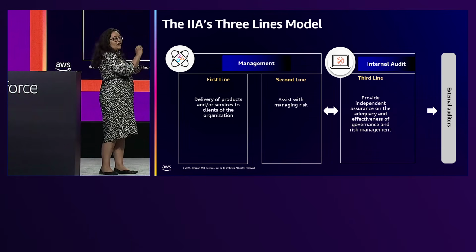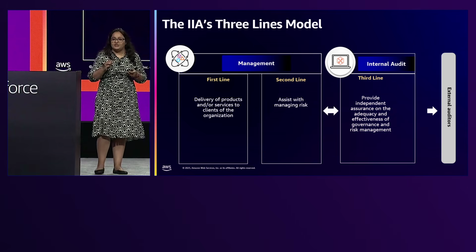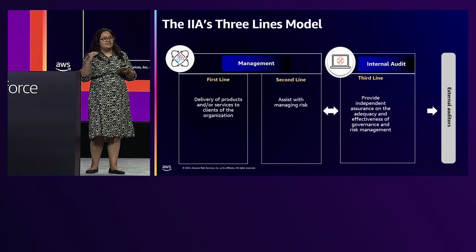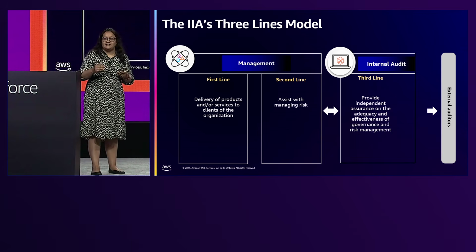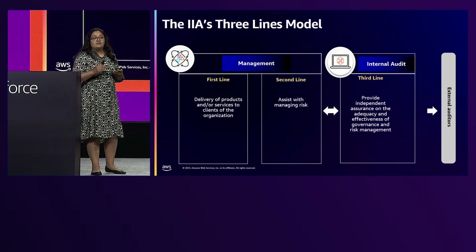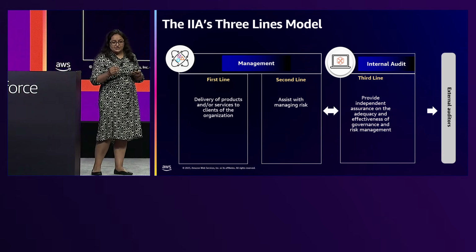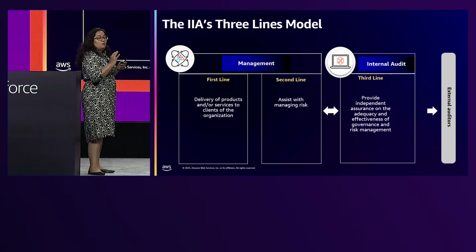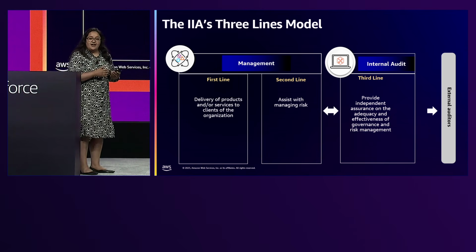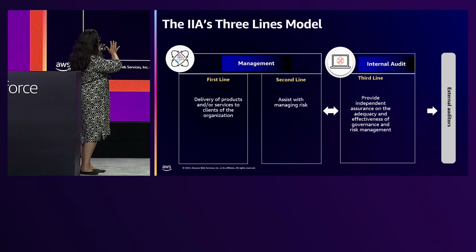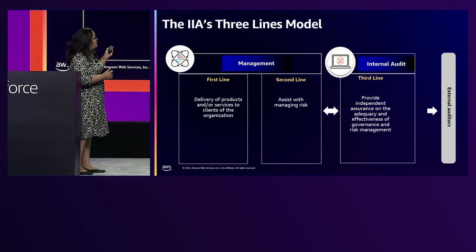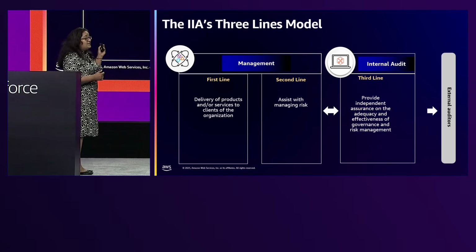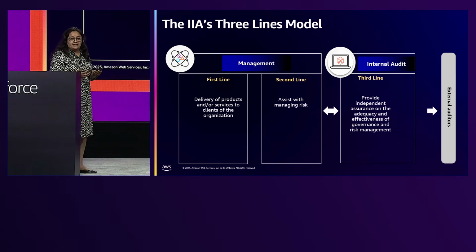The top one, which is not depicted over here, is the governing body. So the governing body is basically the C-suite, executives who define the vision and objective of the organization, as well as the risk appetite of the organization. So once that is done, in most organizations, at least in any company, we had the second stakeholder, management, but we only had the first line of defense, which was the team that is building the products and services for the customers of the organization.